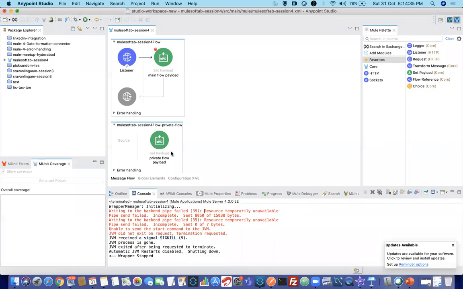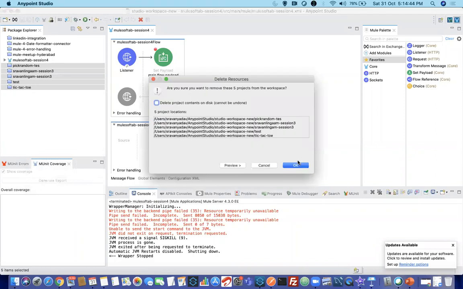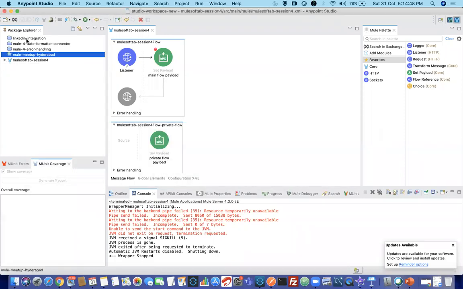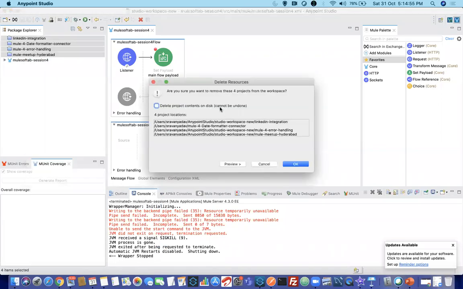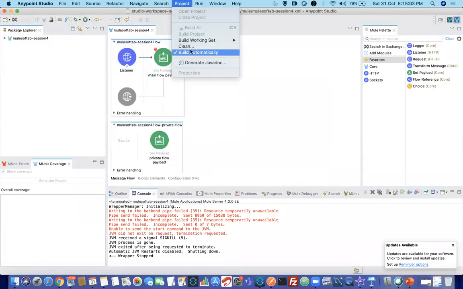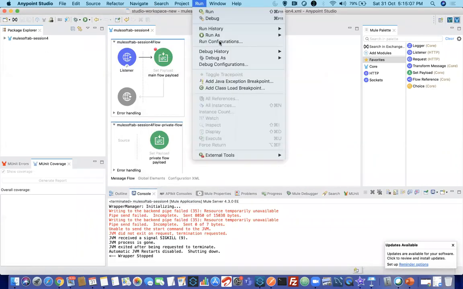Let me delete all my other projects. Project, clean, run, debug configurations.